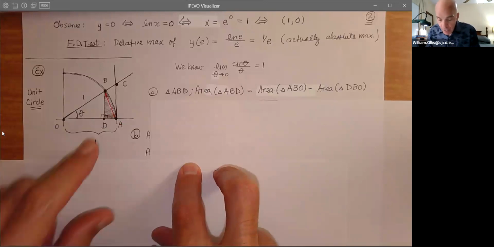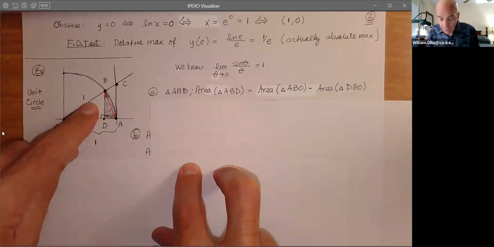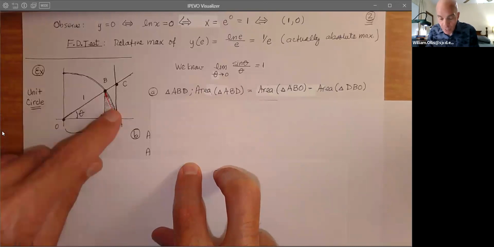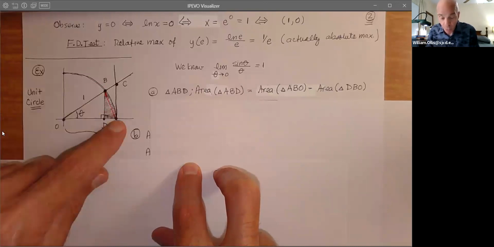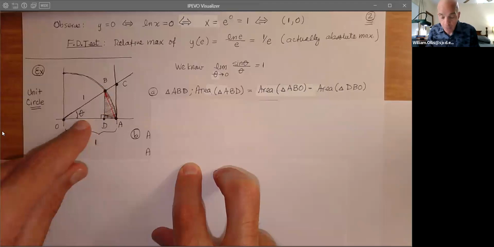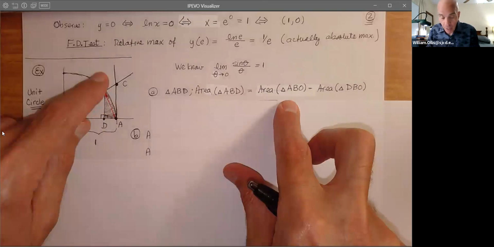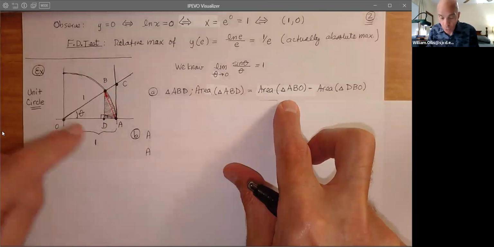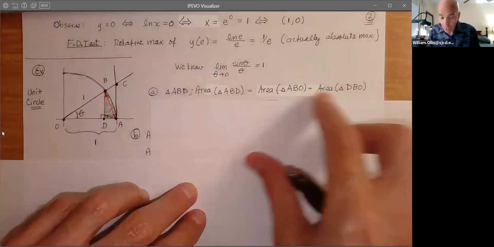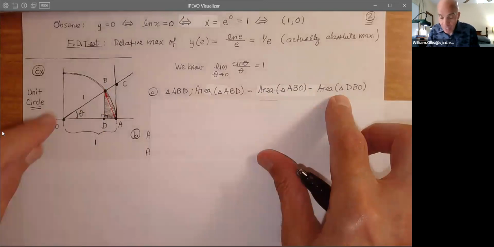Notice the triangle here that's not shaded can be subtracted from the larger triangle, which extends here to the red side. So if we say the area of triangle ABO, this larger triangle, minus the triangle DBO, we can get